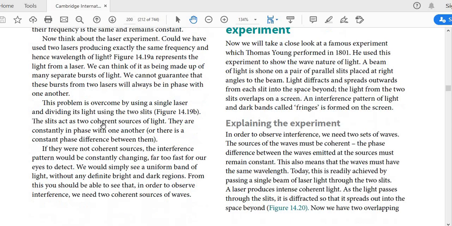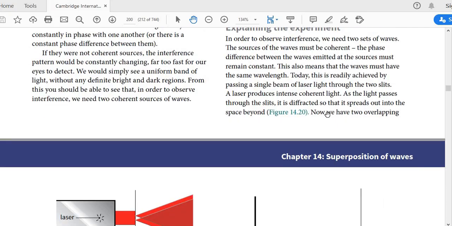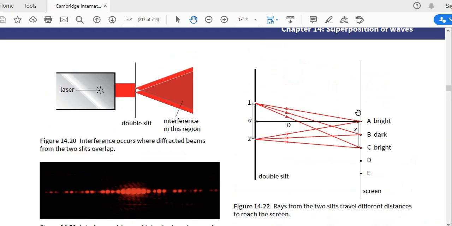Okay, so same thing they are explaining with the laser also. Then like I said, the Young's double slit experiment is very important. So where you have the bright fringes is where you see the red dots. Okay, dark fringes is where you have the dark spots. So after every red dot you have a dark spot, and then after every dark spot you have a red spot or bright fringe. Dark spot is called dark fringe or minima,